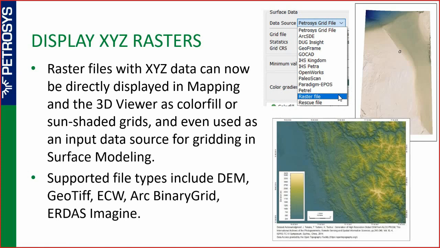window within Mapping. So you can now link to this, and it means that you're not going to duplicate your data and you don't have to carry out any additional conversion steps that you would have had to do in Pro 2019 and earlier. So these data can also be used as an input source for gridding. And some of the file formats supported include DEMs, GeoTIFFs, ECW files, ARC binary grids, and